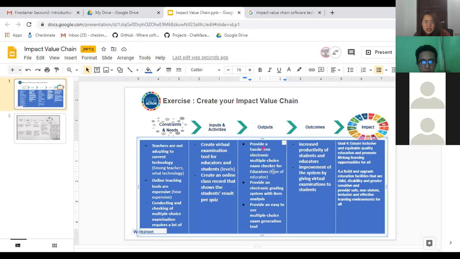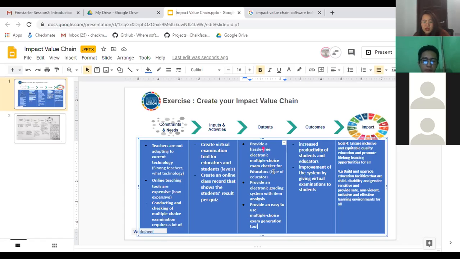Okay, provide an easy to use multiple choice. What do you mean by easy? Instead of saying provide an easy to use multiple choice exam generation tool, indicate provide a multiple choice exam generation tool that... it's up to you how.